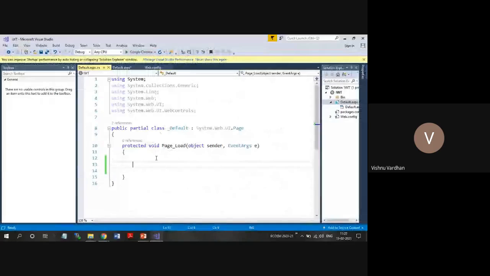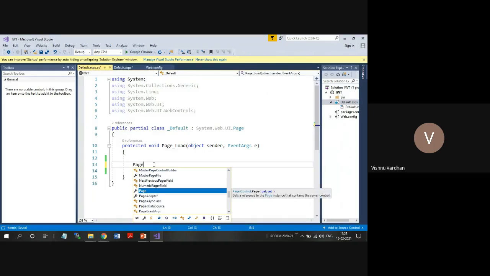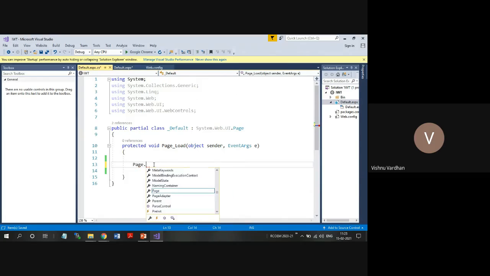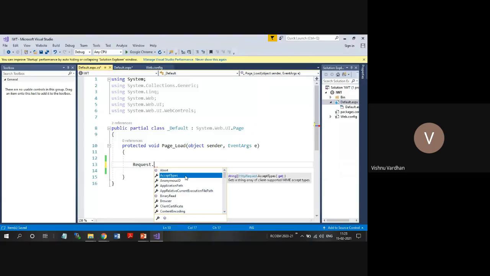Simply go back to this page. We have not written anything up till now, and we have not loaded anything either. But when you type Page, see the Page object, which is already created for you. You don't have to create an HttpRequest. In that way, you don't have to write Page.Request, or otherwise Page is also not required. Request dot, see the properties: AcceptTypes, Browser, ClientCertificate, Cookies, CurrentExecutionFilePath, Files, Filter, Form, and